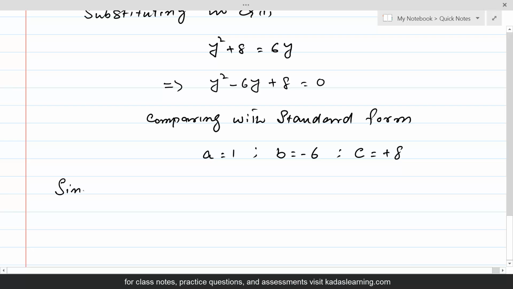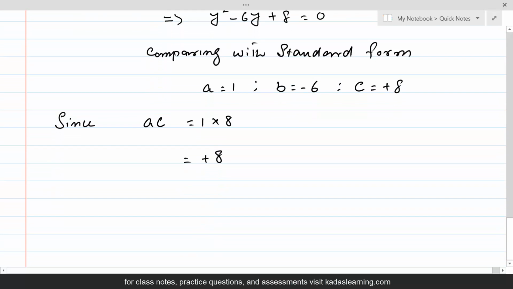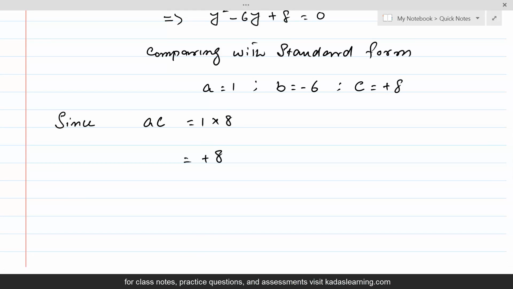Since AC is equal to 1 times 8, which is equal to plus 8, we will find two such factors of 8 whose sum is equal to 6. Since AC is positive, greater than 0,